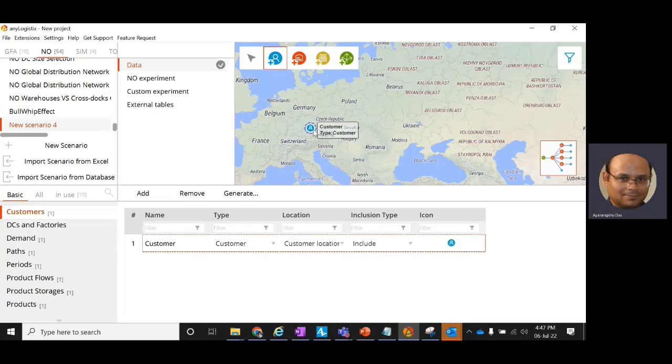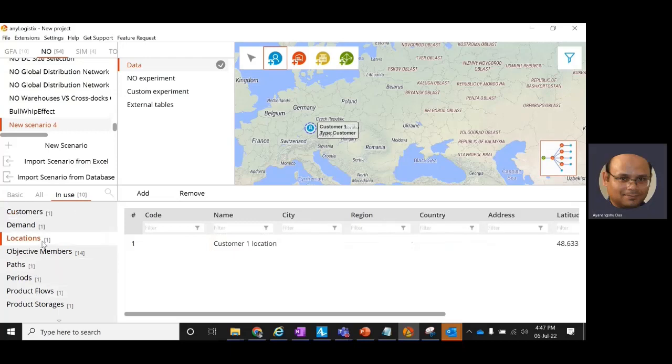What it did is that it created a customer and filled it in with the details. You can name a customer as, maybe, customer one. The type is customer, and then the location got updated in the locations table, which we can find in the in-use tab. So in the locations table, this got updated with a particular